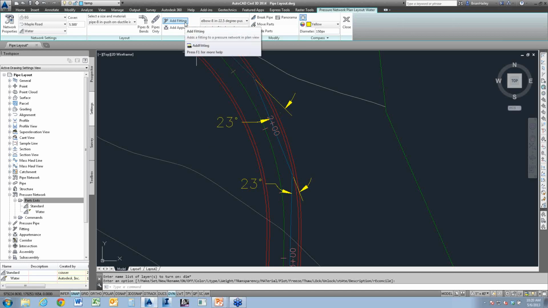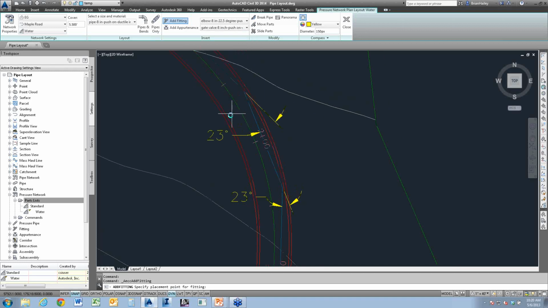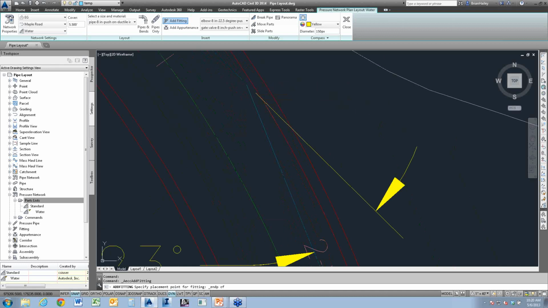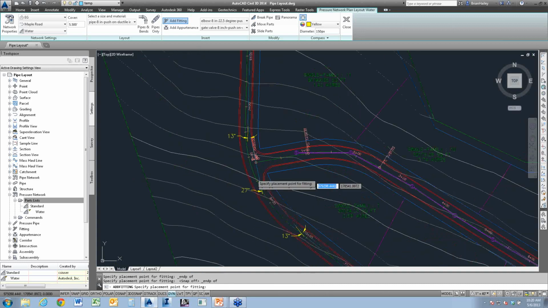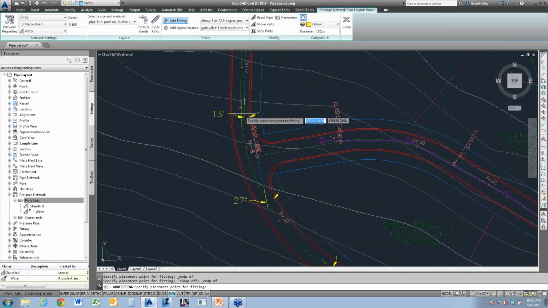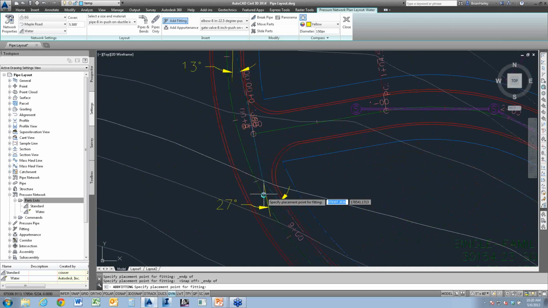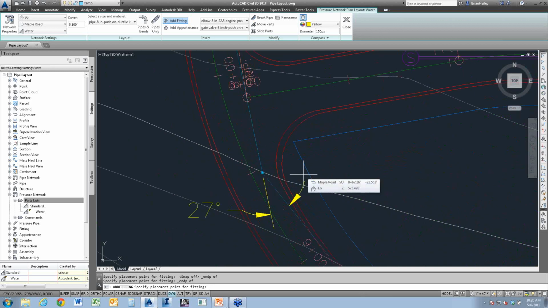So if you're familiar with the pipe networks, this is similar to structures only, right? So I'll add in the fitting, and I'll just snap to those locations. So there's a 22.5-degree bend. There's another 22.5-degree bend. I'll come down here. That's probably an 11 1/4, right? 13 degrees. Here's 27 degrees, so I'll put in a 22.5-degree bend here.